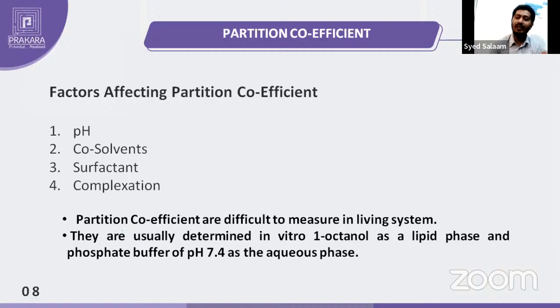We will be considering 1-octanol as the liquid phase and phosphate buffer of pH 7.4 as the aqueous phase. Then we compare how much drug goes into the octanol layer and how much goes into the phosphate buffer layer. With that, we will know the partition coefficient value of the drug in vitro. In the laboratory itself, we can identify that this much amount is going in the octanol layer and this much is going in the phosphate buffer layer. So this will be the partition coefficient value for the drug in the body, in the aqueous layer as well as in the